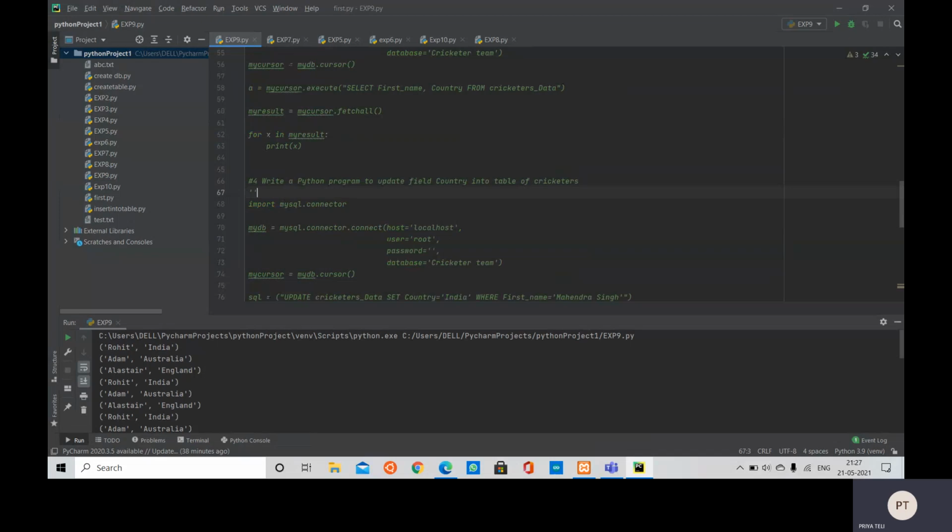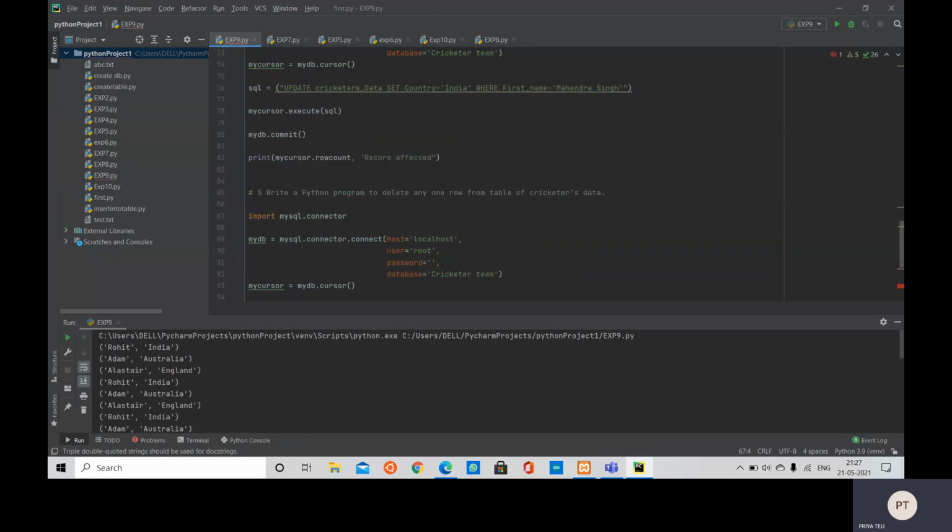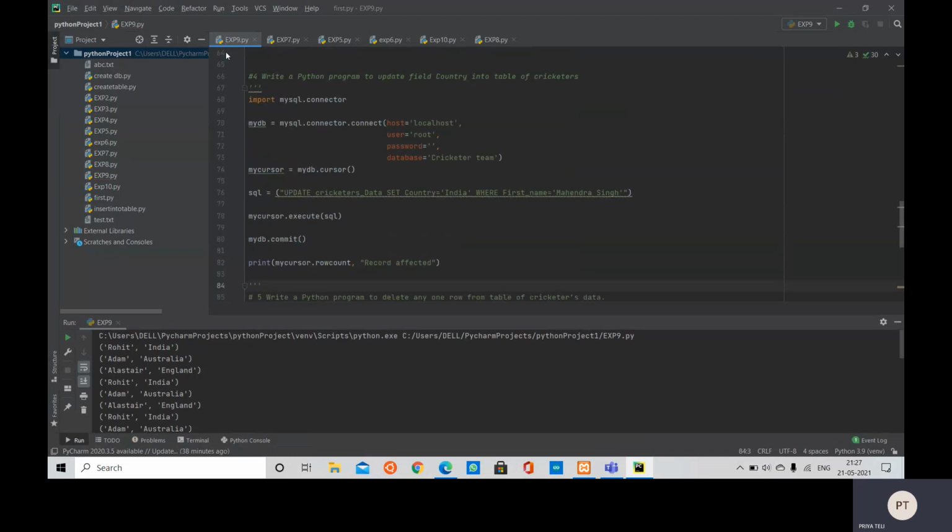Now our next program is to update the data in the database. So the first part will be as it is. Then let's say we are taking this SQL object, inside that we are taking our command to update the data in the database. The command will be update followed by the name of the table.